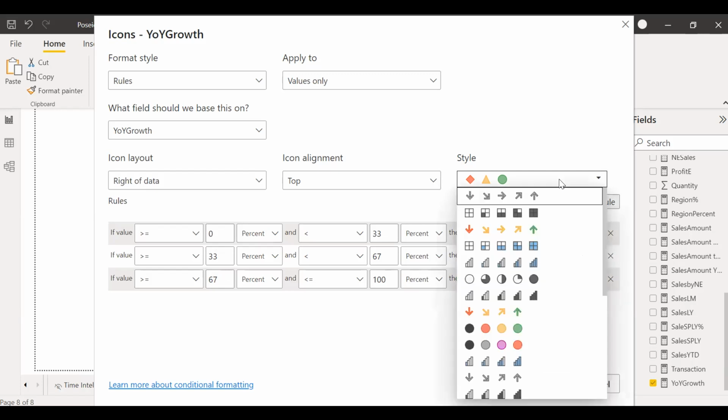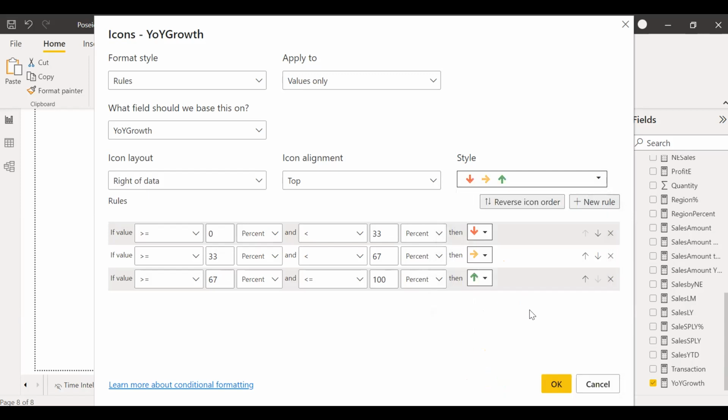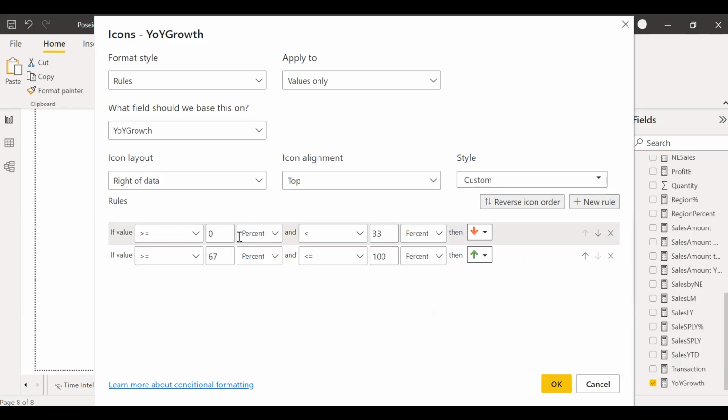So which icon should we use? If our sales is growing, let us use this up, down arrow. You understand? So we delete this icon. So we only want to use up and down. Is that okay, guys? Yes, sir. Up means it is positive. Down means it is what? Negative. So you are going to say if value is greater than,